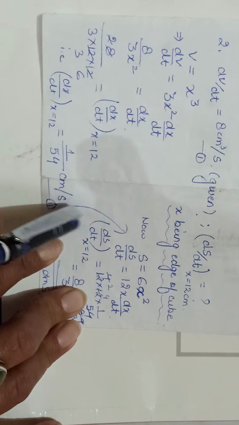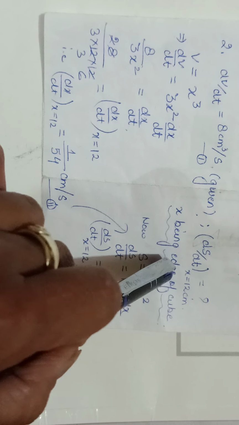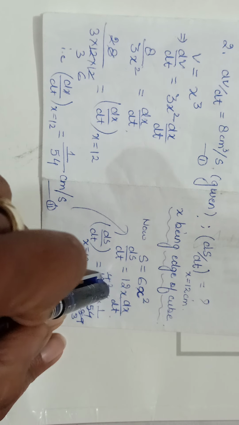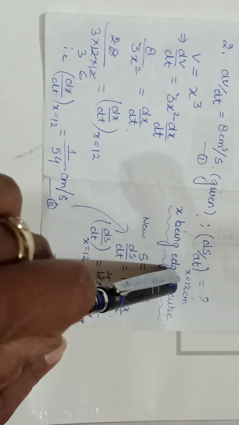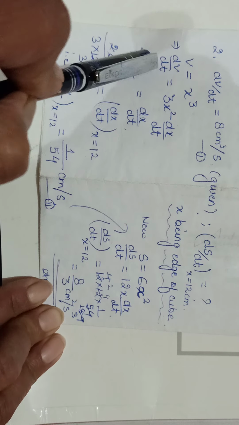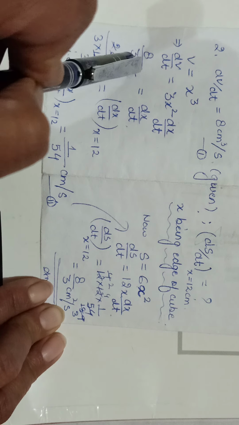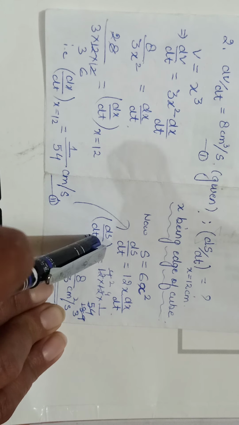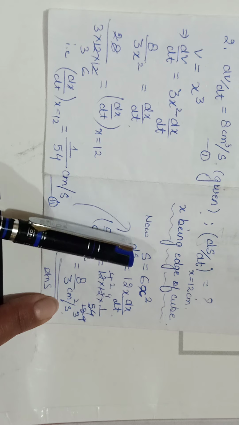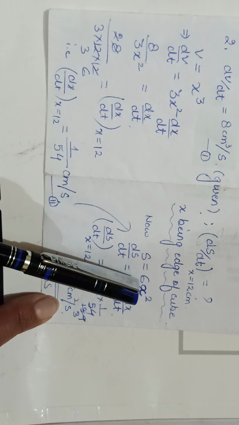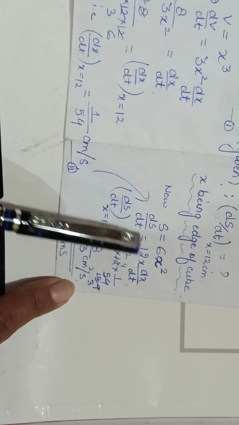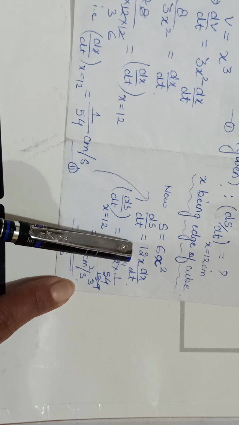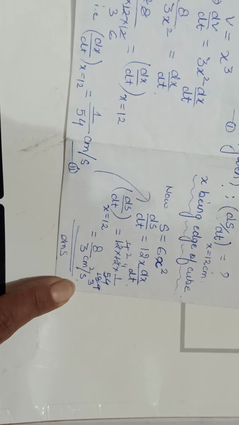Okay. Now, once this is taken out, but our question was not to find dx by dt. That we need to find because our question was to find ds by dt, and we know surface area in terms of x only. x is given to you, in reference to x you have to find it. So first we did the relation for v because dv by dt was given. Now we will find for s because ds by dt is desired. So surface area of a cube is 6 side square, 6 edge square. So differentiating again, ds by dt will become, this 2 comes in front, 6 2s are 12, x again dx by dt because we are differentiating with respect to t.